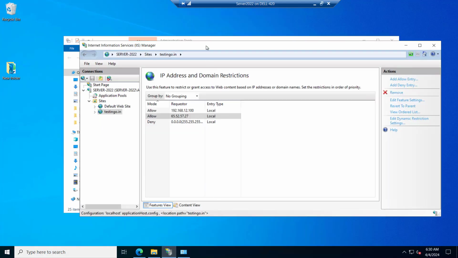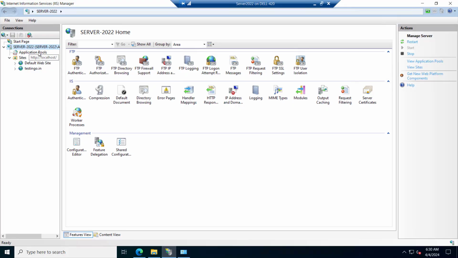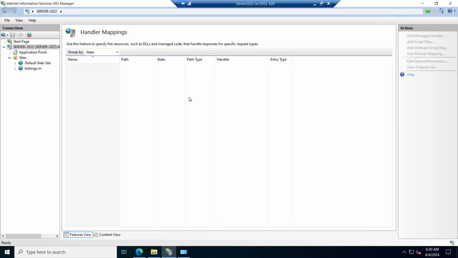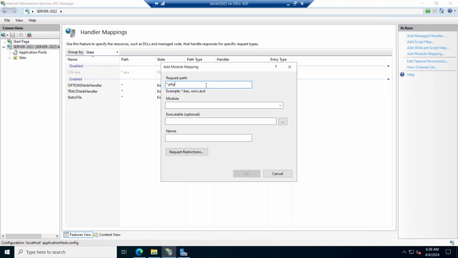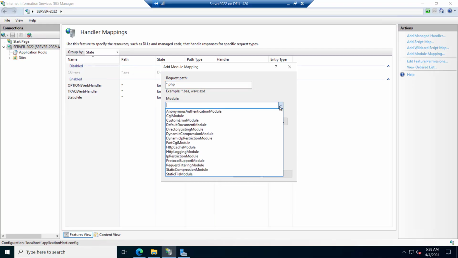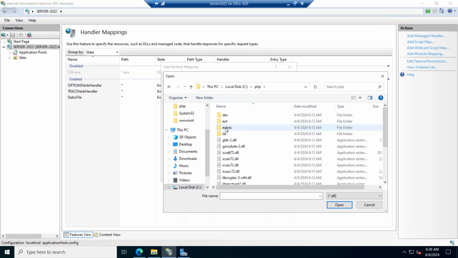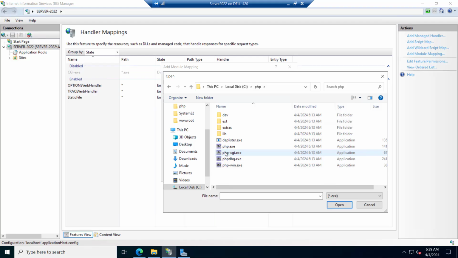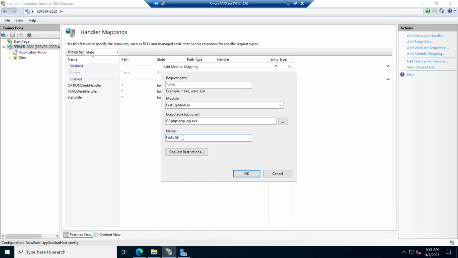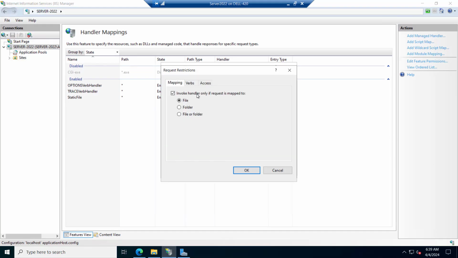Now let's go to the IIS, and inside the server we have to set the handler mapping. We will add a new module, and the required path will be *.php, and the module will be the FastCGI module, and the executable we have to give is php-cgi.exe. So let me filter this exe, and here we have to give this php-cgi.exe. So the executable is there, and let's name it FastCGI, and make sure that you select